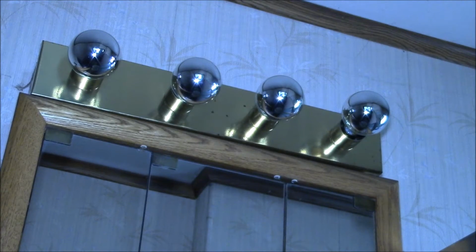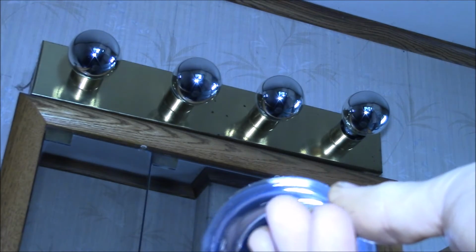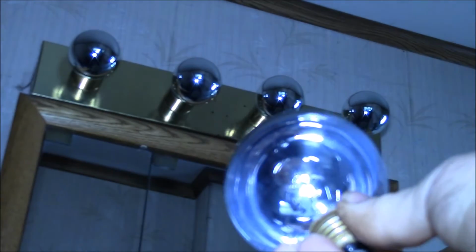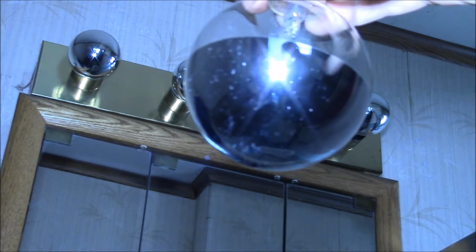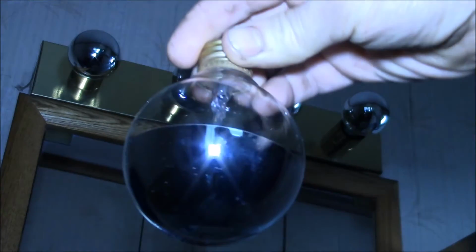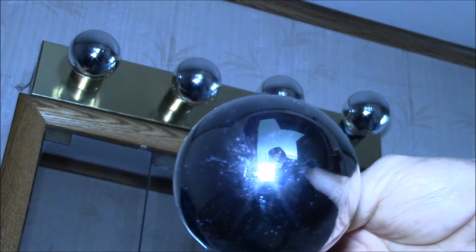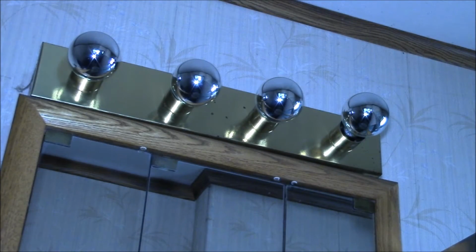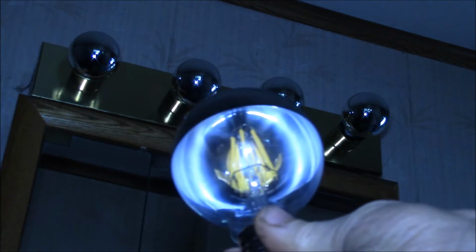So this is the original incandescent bulbs, and they have the mirror finish on half of the bulb. The filaments are kind of shielded by the mirror, and that keeps the light, if you have them in an overhead fixture or like this facing you, you don't see the filament. That was the original bulb, and so I've been looking for an LED bulb that has the same setup, and